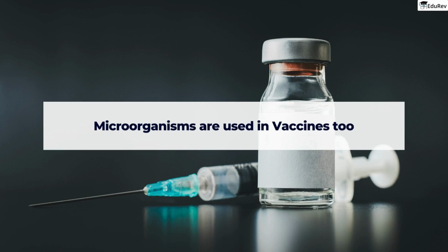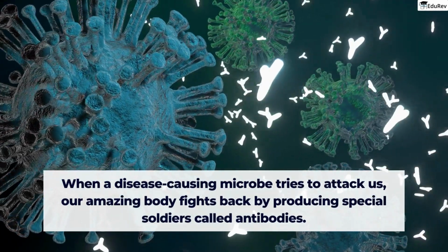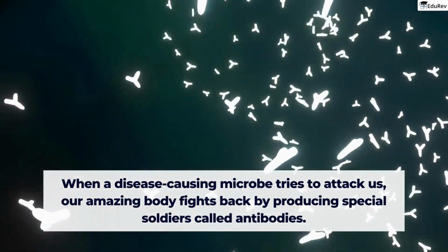Microorganisms are used in vaccines too. Just as a raincoat serves to protect us from the rain, vaccines act as a shield for our bodies against harmful microorganisms. When a disease-causing microbe tries to attack us, our amazing body fights back by producing special soldiers called